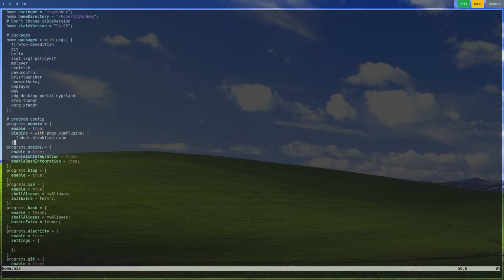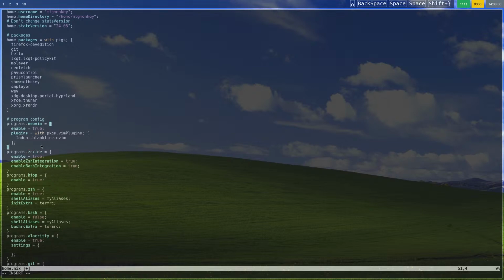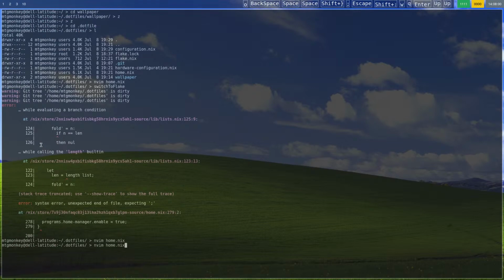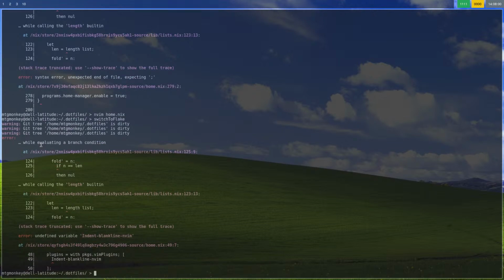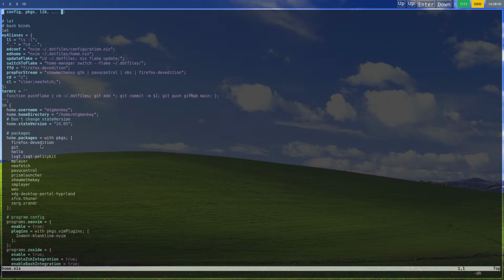Yeah, okay. Here, I forgot that. That's fine. Unidentified variable, okay. So that's not actually what that's called, so maybe that's